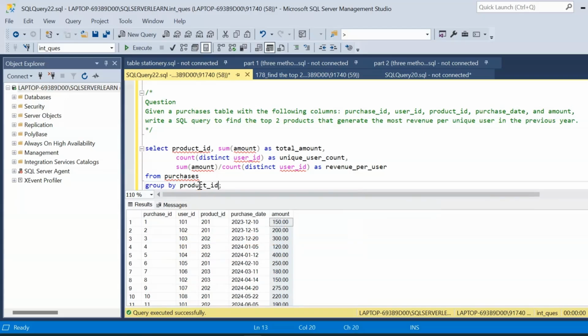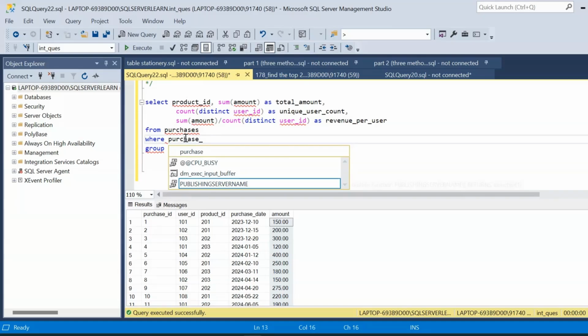And now there is one more condition that is given in the question, that is in the previous year. So that should be a filtering condition. So here we have to write a where clause, where we have a date column, that is the purchase date column. Based on that we will write the filtering condition, that is purchase_date